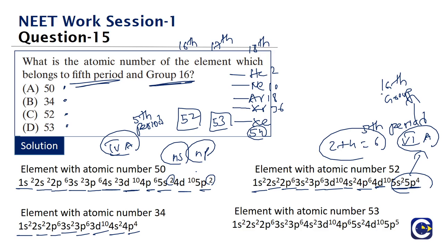We can also look at 53. So what is it? It will be what? 1s2, 2s2, 2p6, 3s2, 3p6, 4s2, 3d10, 4p6, 5s2, 4d10, 5p5. You know what this is? Fifth period only. The 5s electrons and 5p electrons, if you add it, right, what is it? 2 plus 5 is 7. Means this is an element of the 7A group. So in the modern numbering, it is what? The 17th group. Modern numbering, what is it? It is the 17th group. Okay, so this is how we can answer this question.